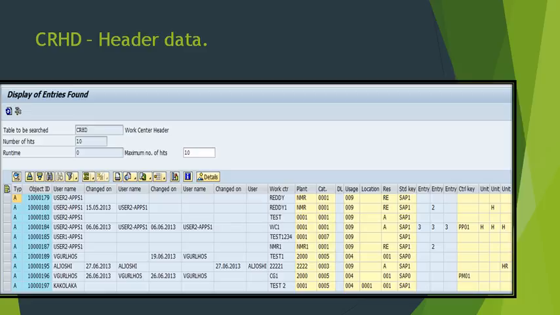Another table is CRHD. So this is used to store the work center header information.